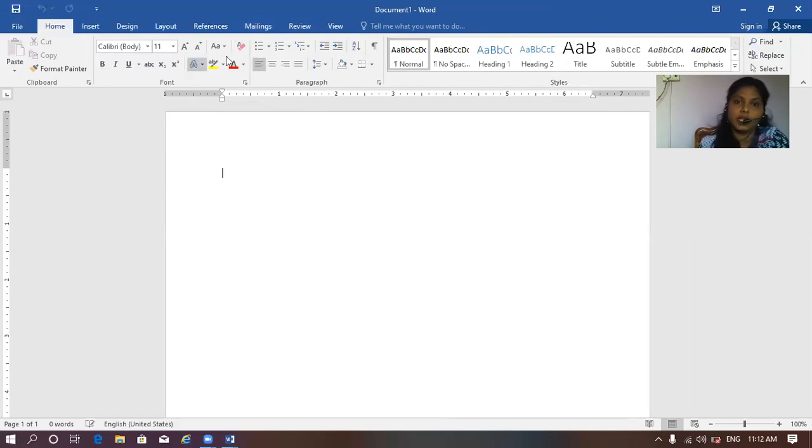Coming to the next one, this is the toolbar. Toolbar is nothing but which supports our document. First one is the title bar. Next one is the menu bar, where we get the list of things about our document. And the next bar is called the ribbon, or the toolbar. These are the different types of tools. We will discuss it now.